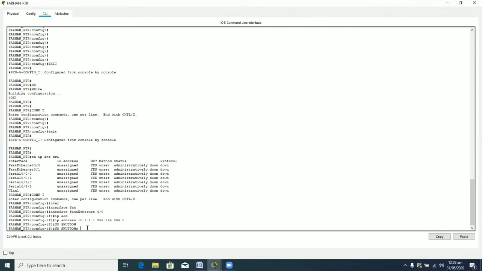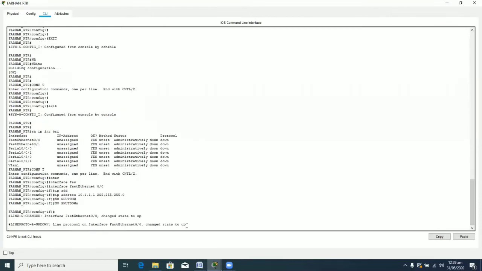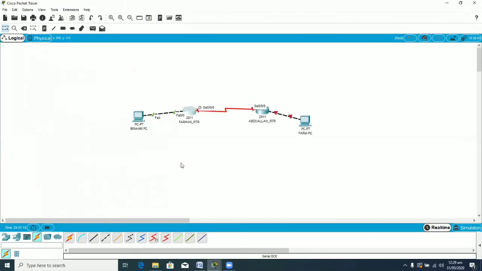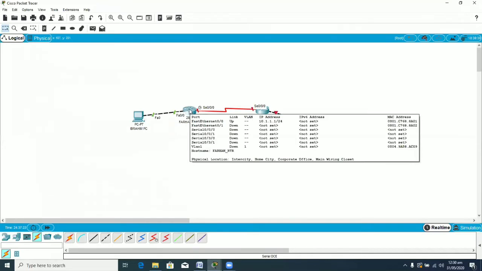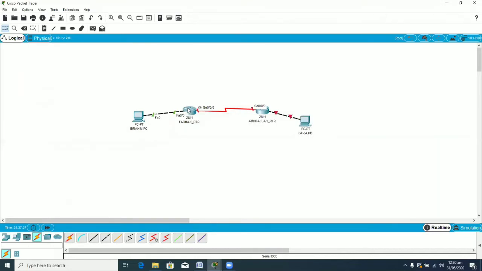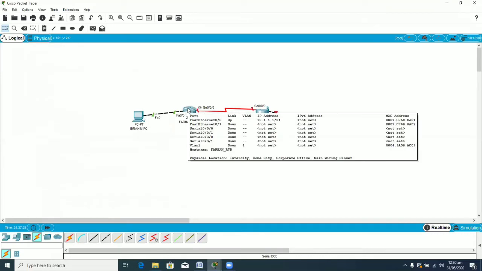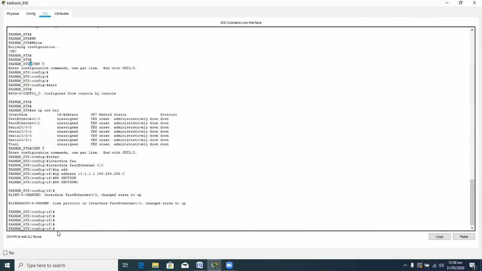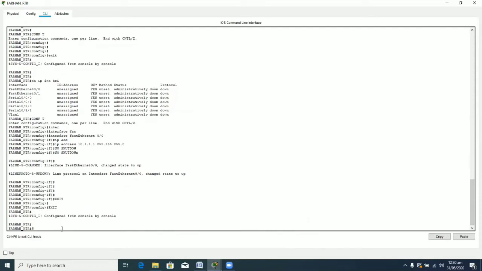Now I am turning on this interface and the protocol has now changed to up. This interface that was connected to the Ibrahim PC is now up. So all the configurations have been done, and if you place your cursor over this router, then you can see in the first line the FastEthernet interface 0/0 is now up with the IP address as well as the CIDR value /24, and you can see this also by using the command that I told you, and that command was show ip interface brief.